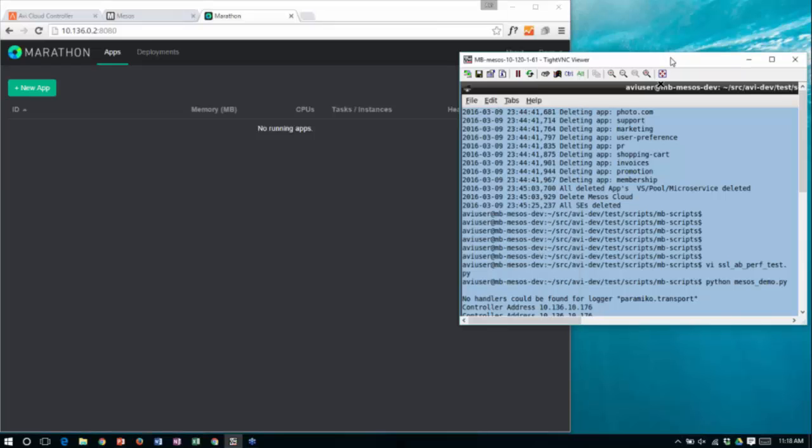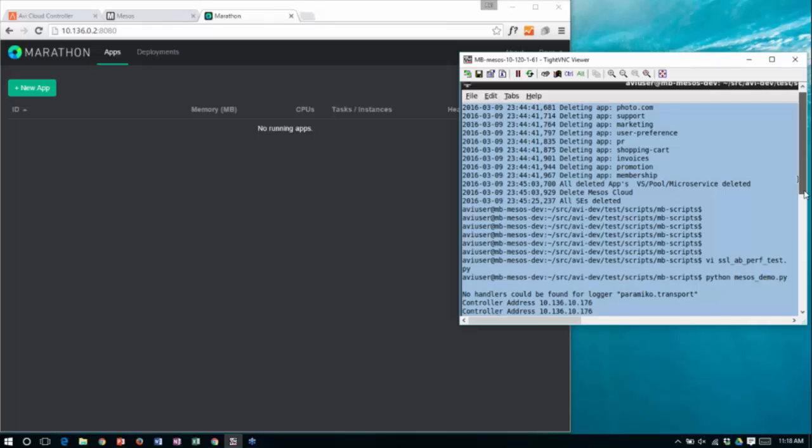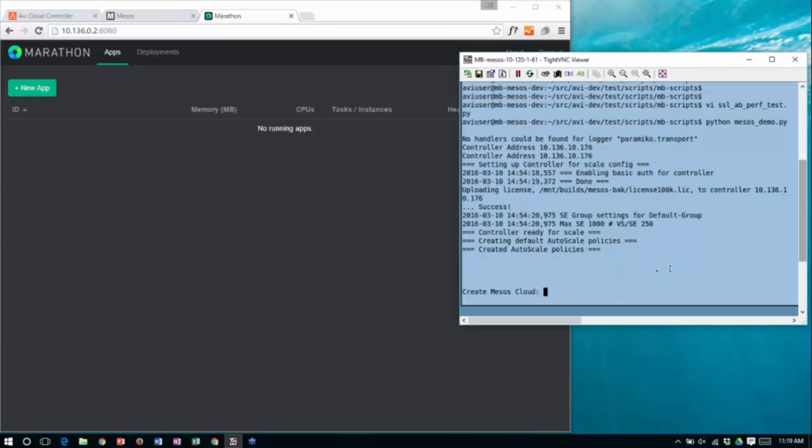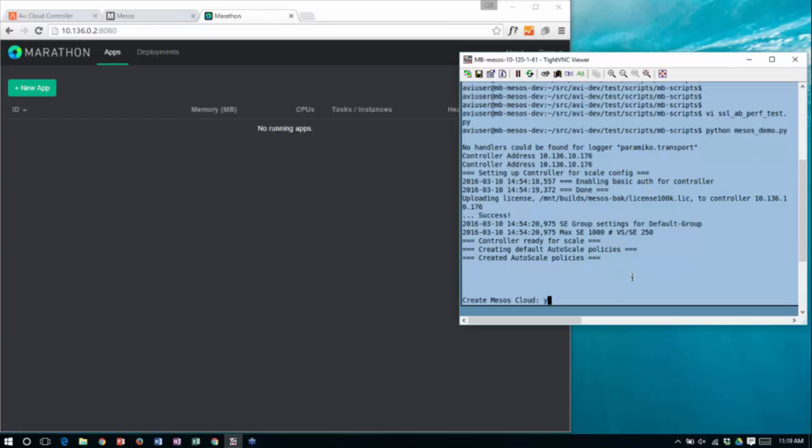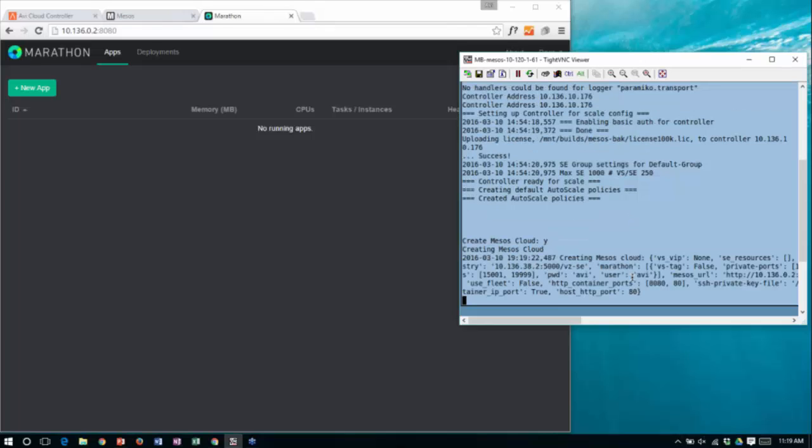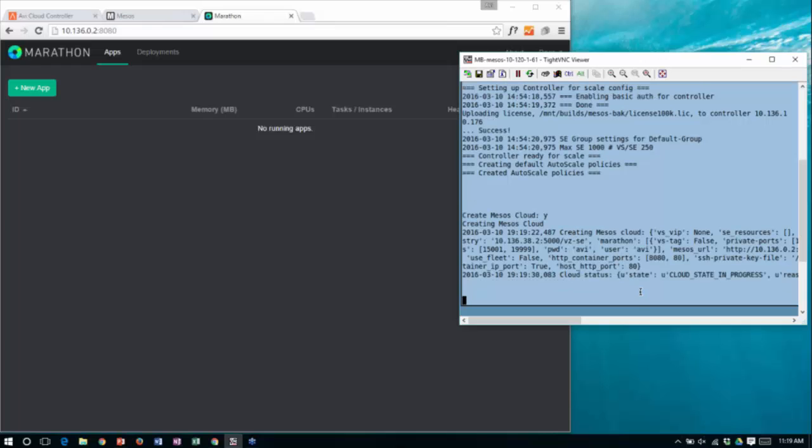We also have Ranga for the demo today. Instead of having to create by hand, we have already written a short script that allows us to very quickly connect the controller to the Mesos cluster. So we press that. What you see here is really interesting. It's a single REST API with a JSON blob that has all the information. All it's saying is, hey, Avi, here's my Mesos cloud, here's how you access it, and that's all the information that we had to give to the controller.